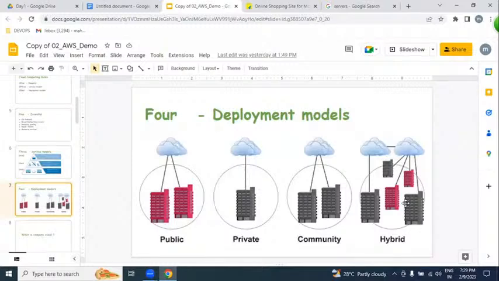Let's say one example I'm going to discuss with you. Axis Bank. I'm a vice president of Axis Bank. Let us assume I'm an old person, 60 plus. I don't know this technology. My application is running in my servers in my office setup. Suddenly my management team suggested going to the cloud. But I did not agree because of security reasons. After a lot of discussion and meetings, I was convinced.